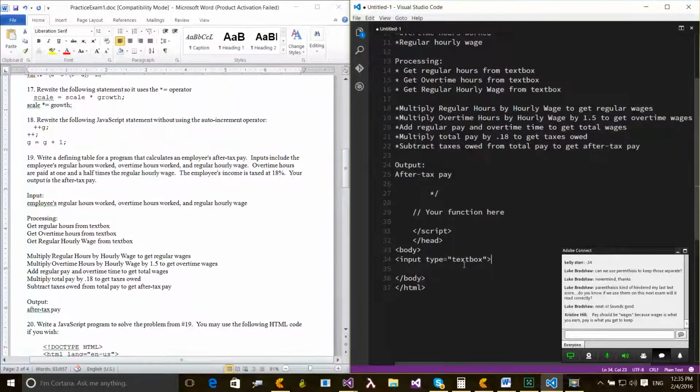And then we give it an ID, right? The ID is so that when we write our function, we can get access to this text box and the value that was typed inside of it. And we need to do 3 of these. Actually, we can just copy this one and do it 3 times. And then we need to give each one of these a unique name. So I'm just going to call this regularHours, and then overtimeHours, and hourlyWage. Okay, and